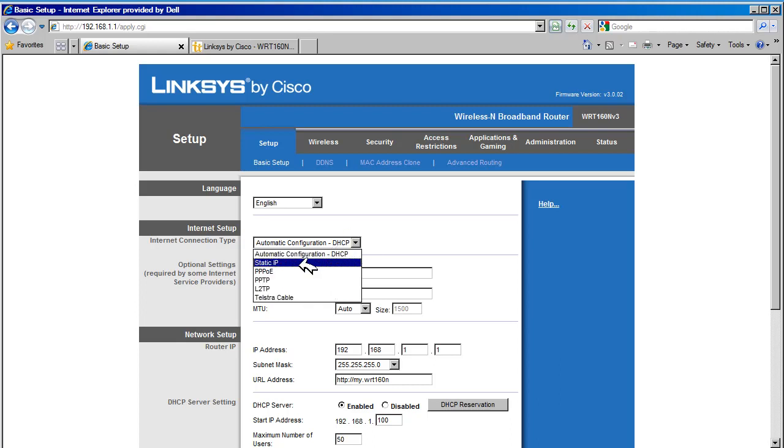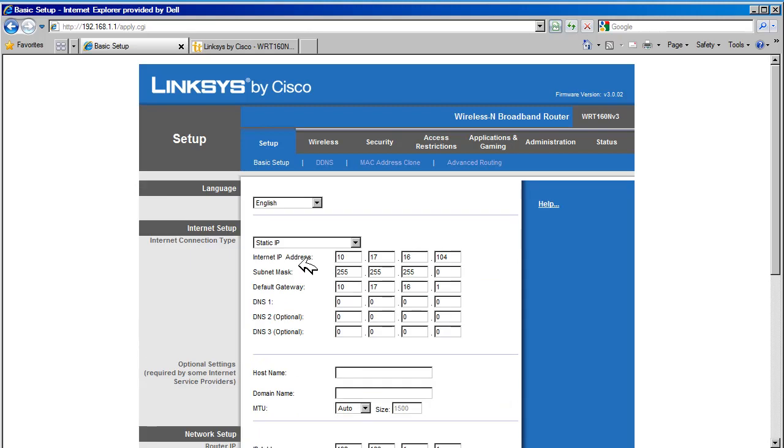The next option is Static IP. Static configurations do not change over time and remain the same. This means the router will not automatically get the configuration information it needs from the ISP. We have to get that information from the ISP either over the phone or via email, and then manually configure